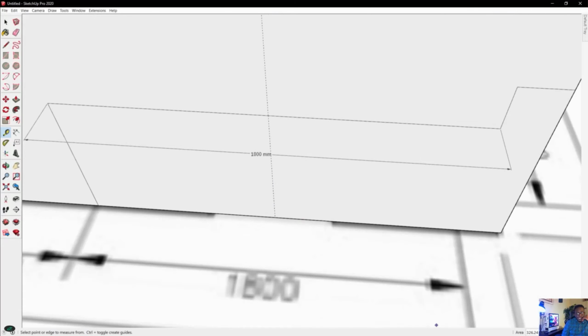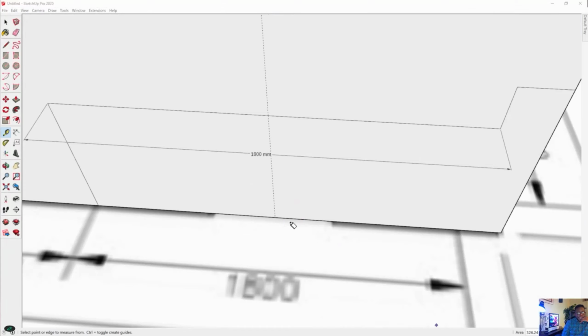Now I could use what's called my offset tool, and my offset tool is actually located here. That's my offset tool there. Now, if I use the offset tool, I could offset the, oh, I can't actually offset a measurement. I can only offset the actual line. So let's use an actual line. I'm just going to draw a line there so I can use the offset tool. So if I click on this line here,